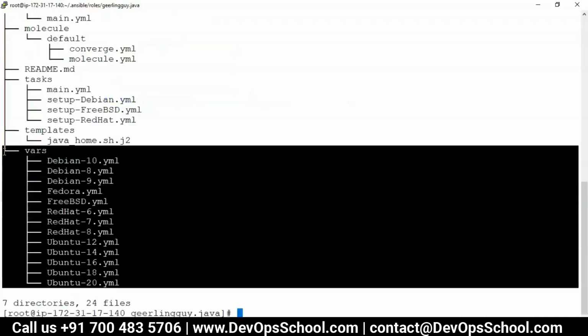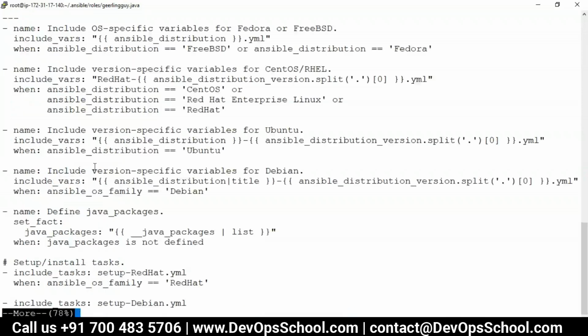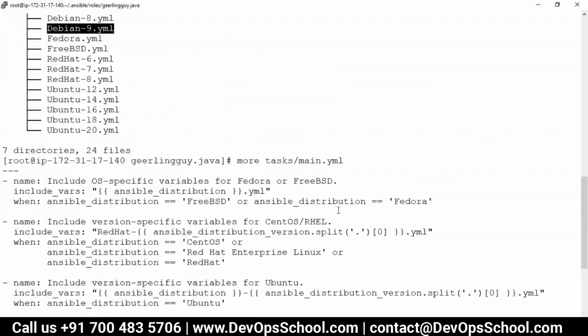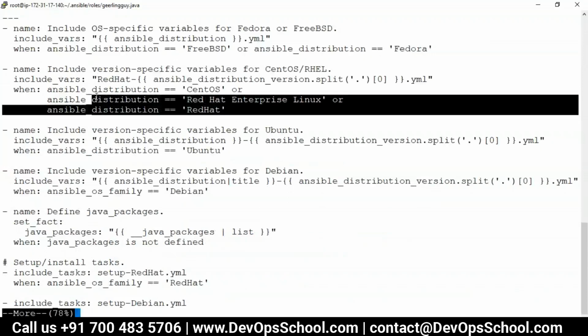So this is the location. Are you understanding this? Okay, thank you. Let me show you the main.yaml. Probably you'll get this understanding. See here. Let me show you the include vars. Here it says, when it is a Fedora, which is not in our case, mine is RHEL, right? So look at this here.